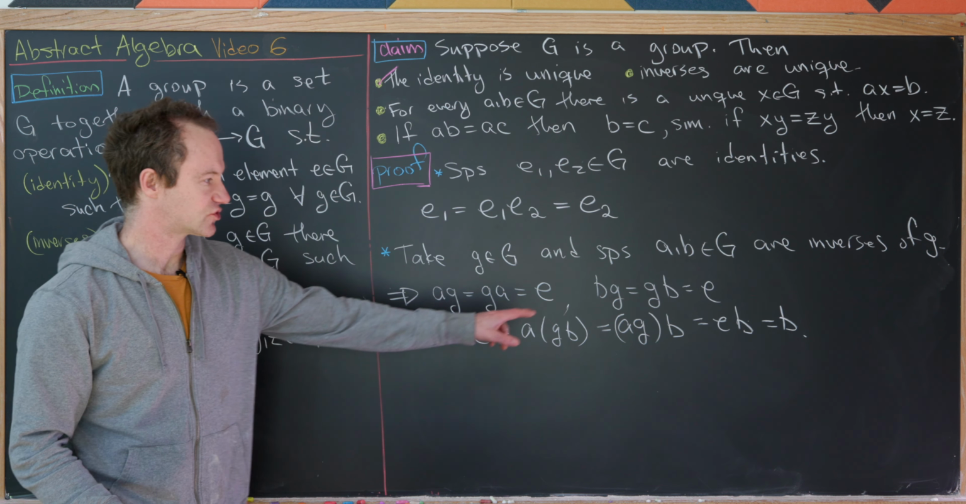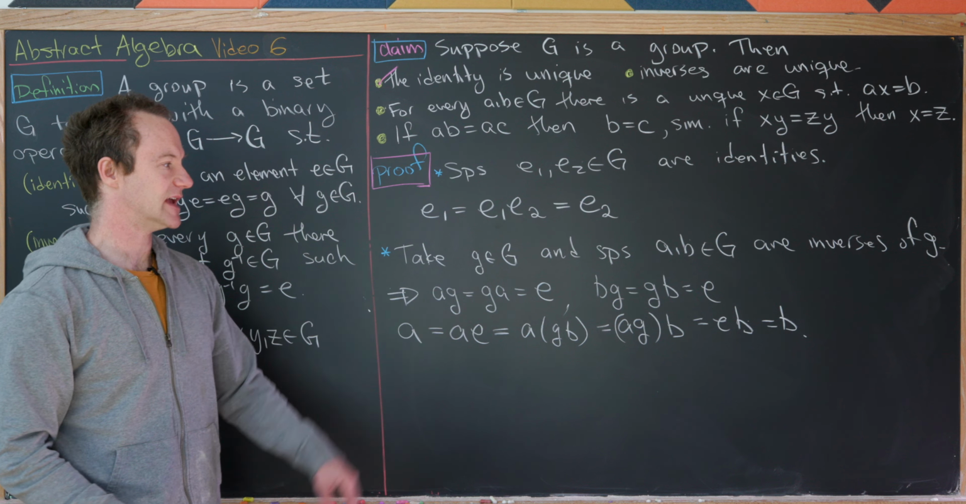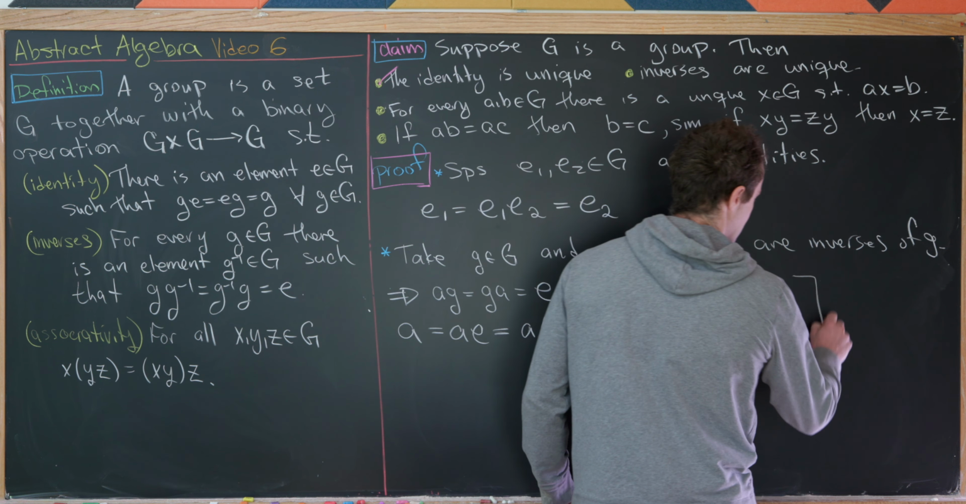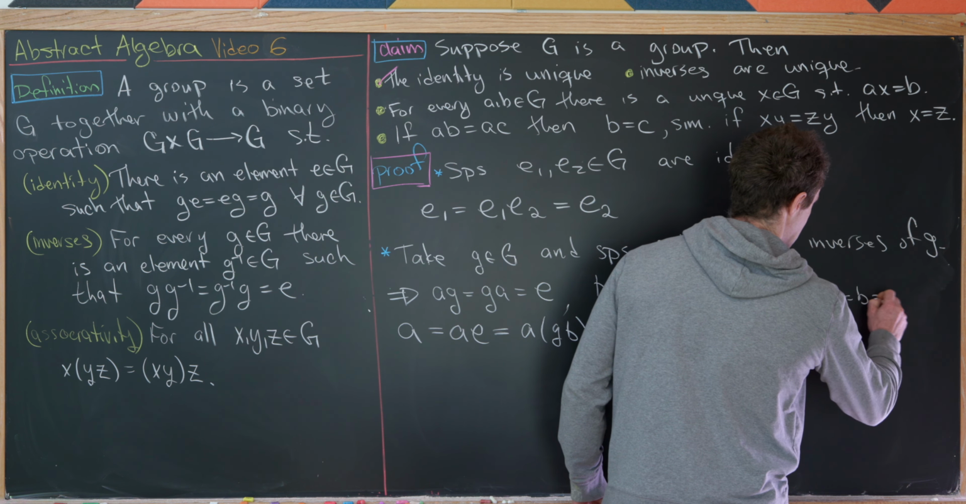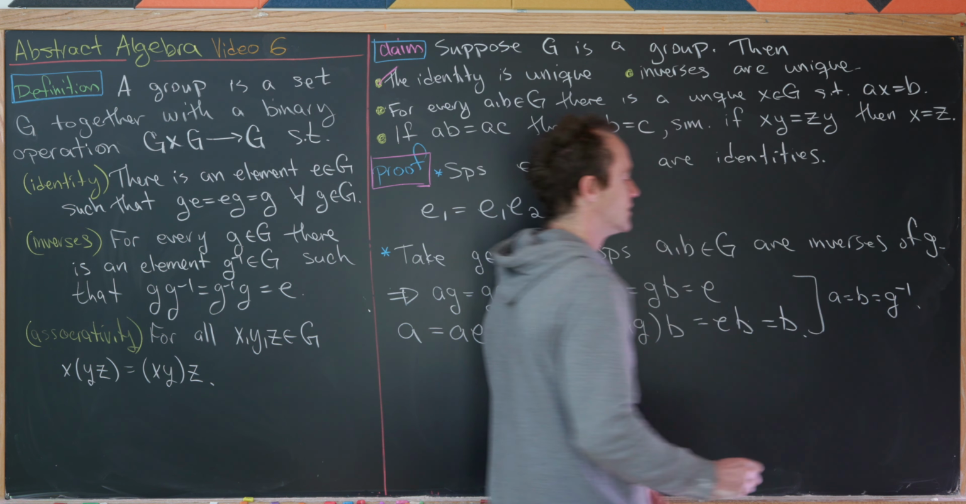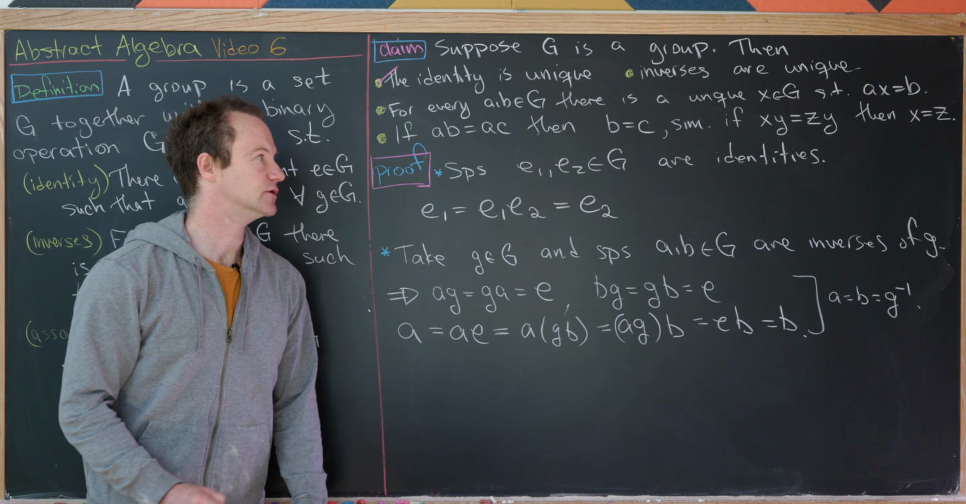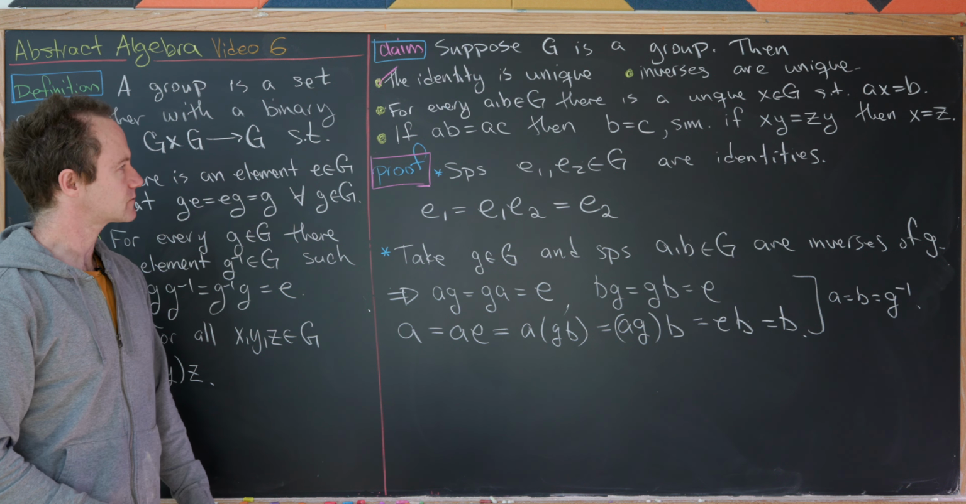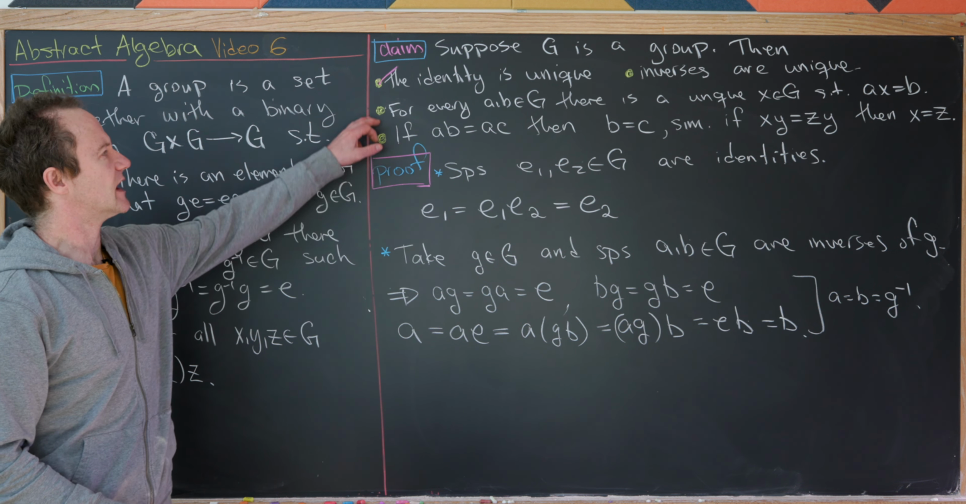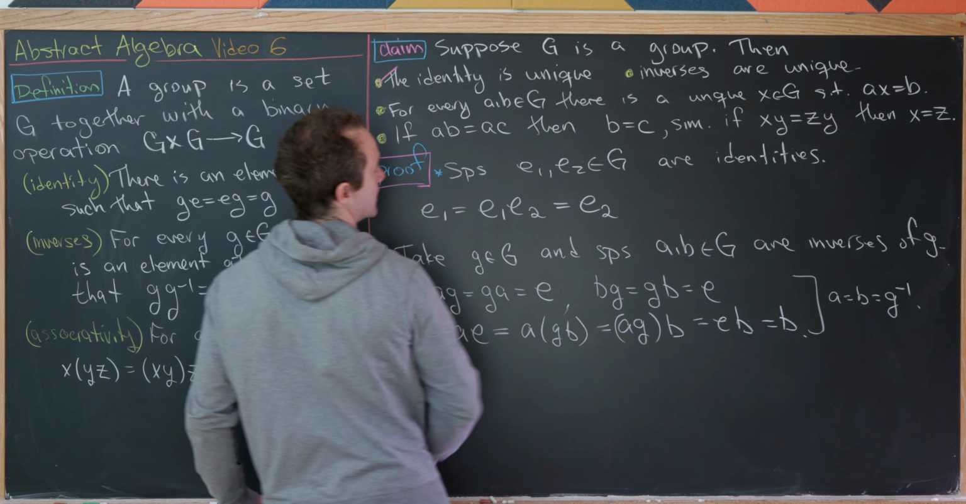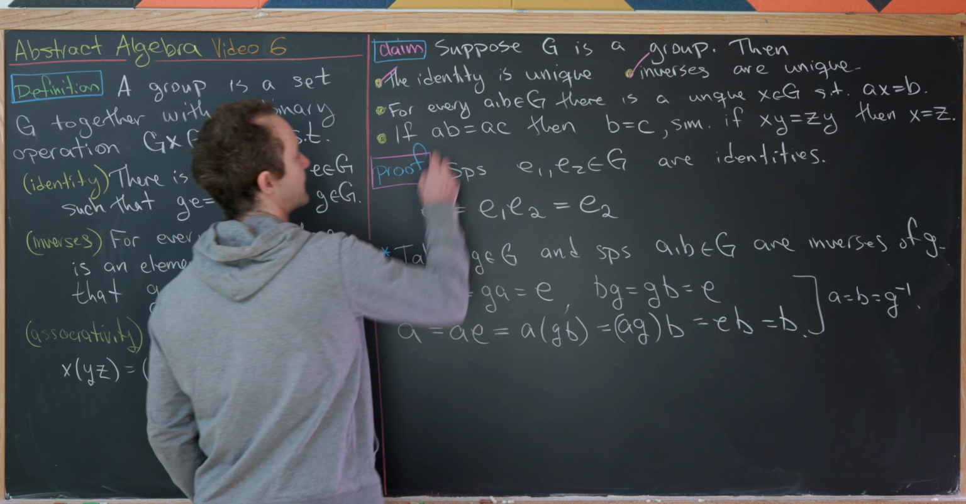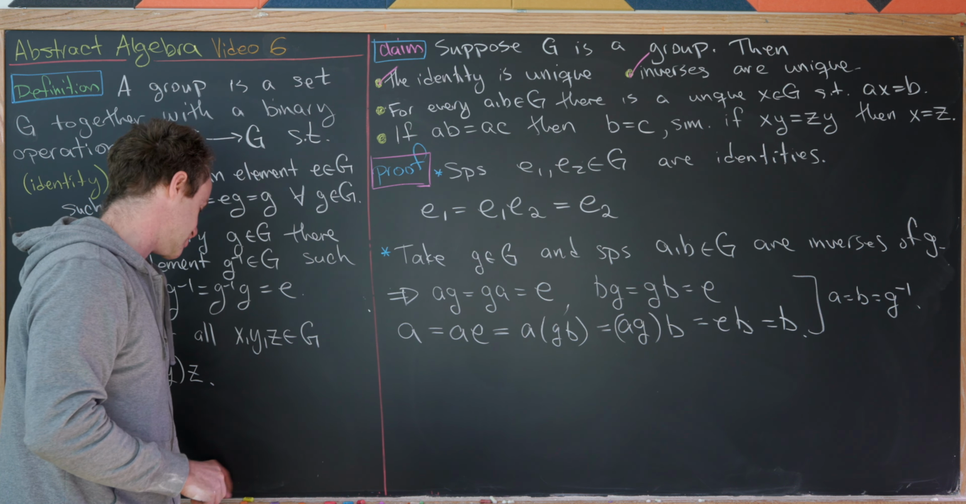So let's notice this string of equations tells us that A is equal to B. So that means that we have A is B, which is equal to G inverse, really inspiring that use of the notation. Okay, so now let's look at this next one that says for every A and B in G,